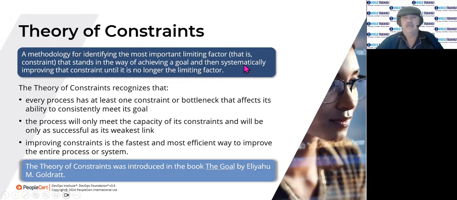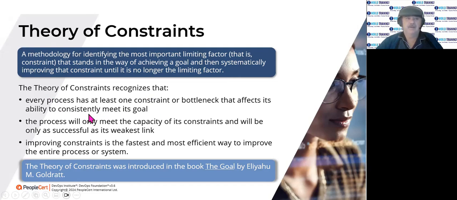So that's kind of a methodology with the theory of constraints. You, first of all, look for where you have a constraint, and if you've got other areas in the stream that are going too fast, you actually slow them down to try to make them match the constraint, and then you can improve the constraint and figure out how to get good flow going from improvements from that point. So the theory of constraints recognizes that every process has at least one constraint or bottleneck that affects its